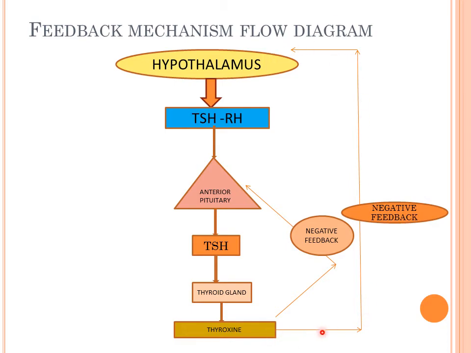So when thyroxine is more than normal in blood, it helps to give a negative feedback to the hypothalamus and a negative feedback to the anterior pituitary as well, so that they produce less of releasing hormone and thyroid stimulating hormone respectively. And positive feedback systems are very rare in higher vertebrates as they lead to very much instability in our